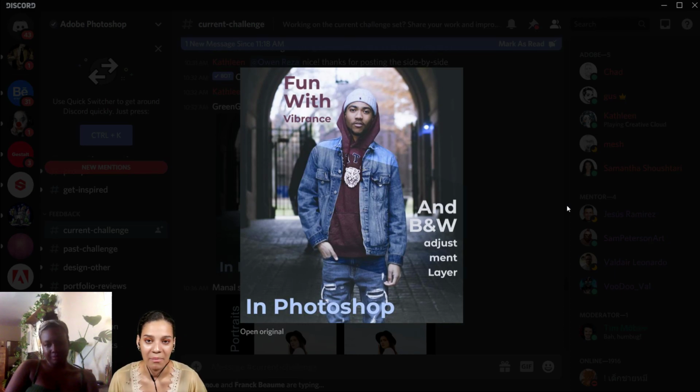They have more of that warm, more yellow lighting on the stone in the tunnel in the back, you know? I think my only advice is I would change the lockups and maybe the font that you're using for the text, because when it says "and black and white adjustment layer," I definitely get confused because you seem to have hyphenated adjustment. I might have chosen to do something where it says "fun with vibrance, black and white adjustment layer in Photoshop."